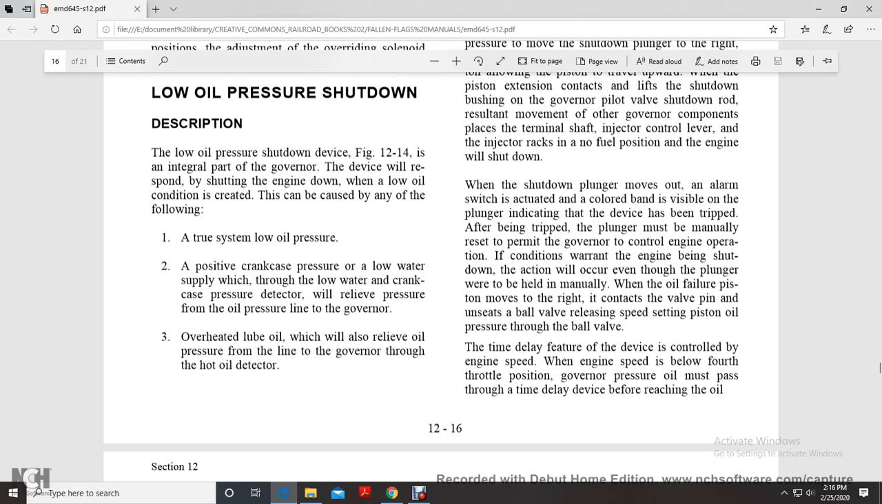When the shutdown plunger moves out, the alarm switch is actuated. A color band is visible on the plunger, indicating the device has been tripped. After being tripped, the plunger must be manually reset to permit governor control of engine operation. If conditions warrant, the engine will be shut down even if the plunger is held manually. When the oil failure piston moves to the right,